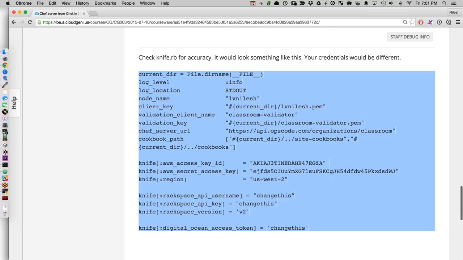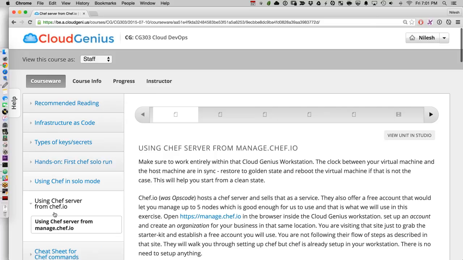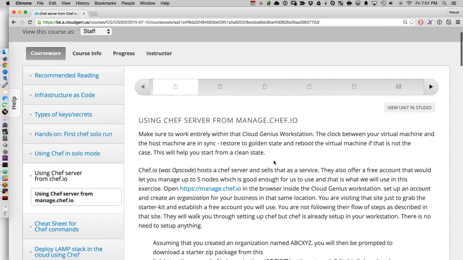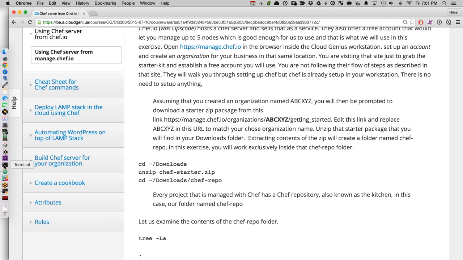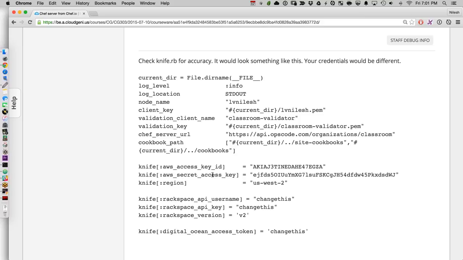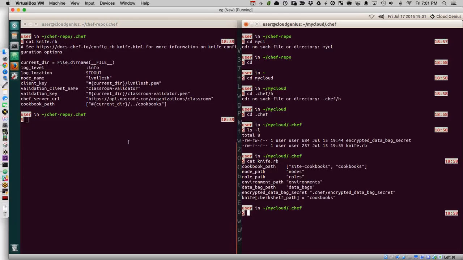That example is at this location that you see in the first segment, where you go to using Chef Server from chef.io. We will make those changes to our knife.rb to make it look kind of like this, and we will take this copy to our workstation and save it in the Atom editor on the side. So we'll go cd .., and then atom .,